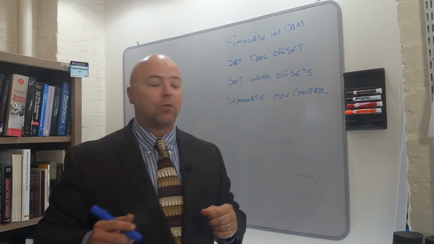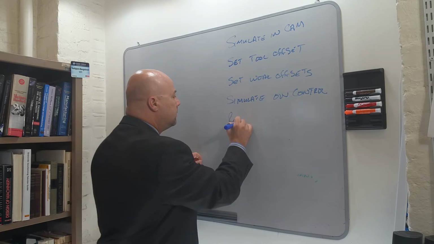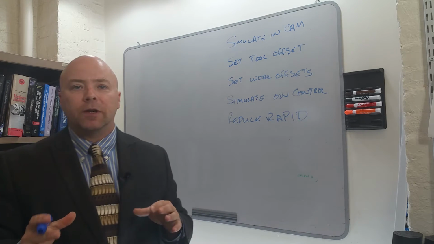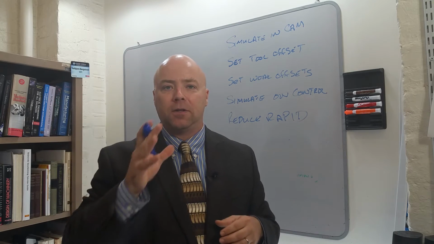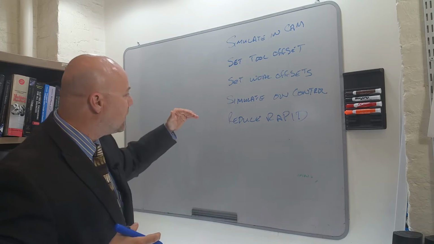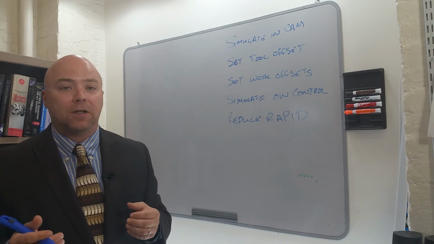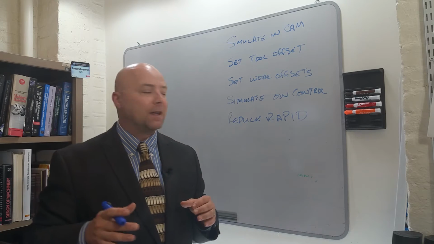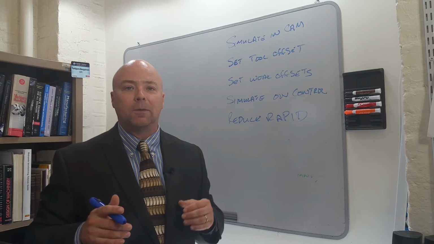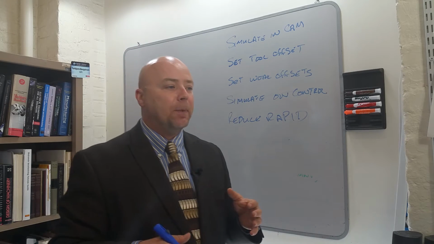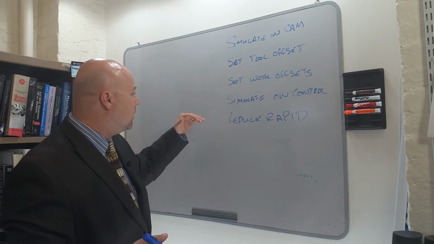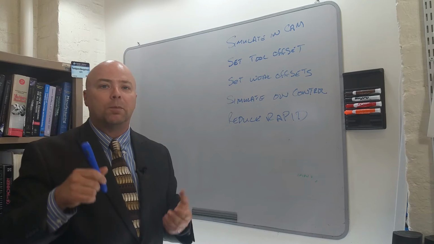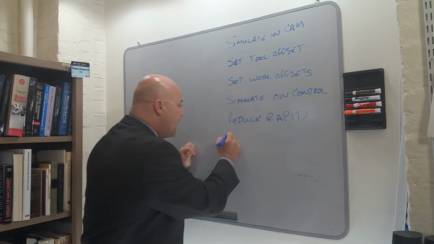We want you to reduce the rapid speed of the machine. And so we don't tell you what number to reduce that to because it depends on the machine, it depends on you, it depends on the program. So it's up to the operator to pick which reduced rapid speed to use. Now, in some of the lab exercises in the introductory classes, we will specify particularly which rapid speed we want you to use that day on that machine. But in general, it's up to you to be able to reduce that rapid speed so that you have confidence you can stop the tool before it reaches the workpiece